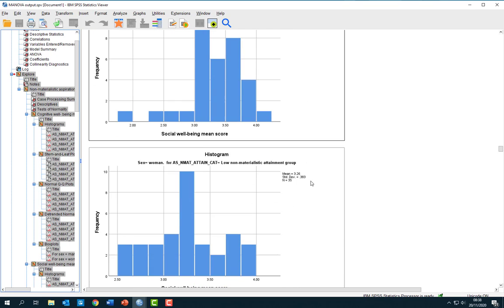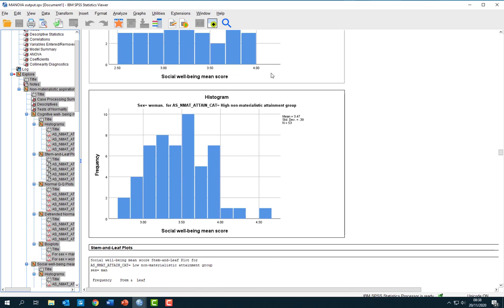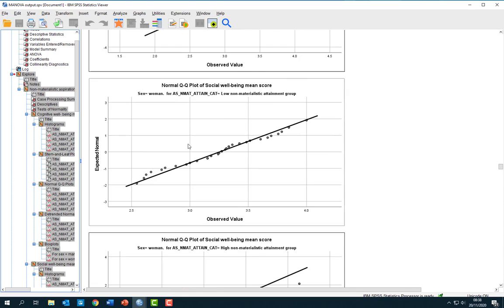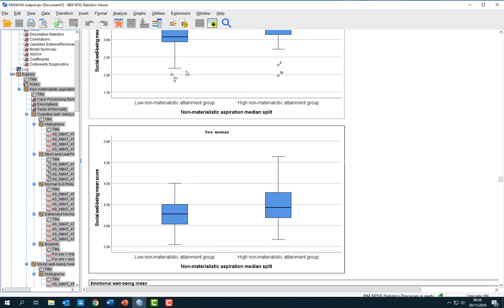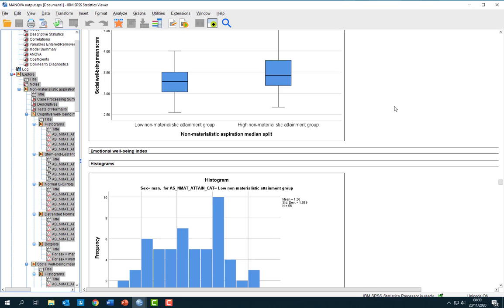And again, this is much flatter than a normal distribution, but nothing too concerning there. Okay, so we have some mild outliers here. If we have a real concern over the distribution of some of the variables and we find that we have mild outliers, that might be an area where we could Windsorize those. That's where you replace this extreme score with the next highest non-extreme score. That's called Windsorizing, or you might want to potentially think about deleting these rows of data and rerunning the analysis and seeing what's going on.